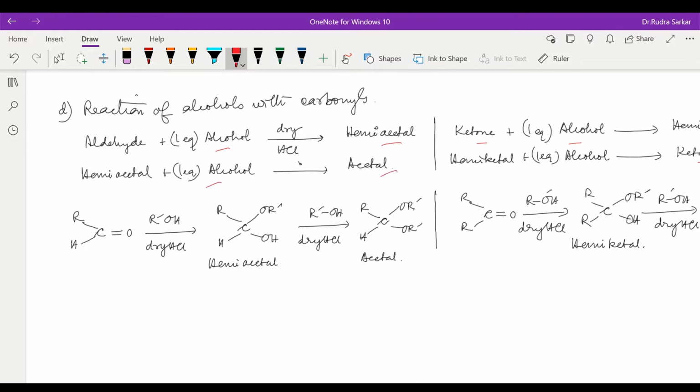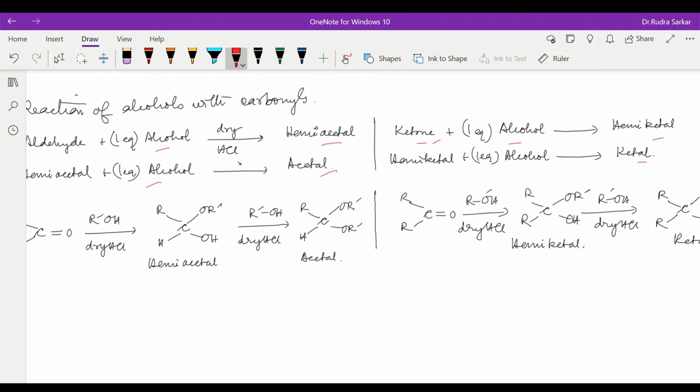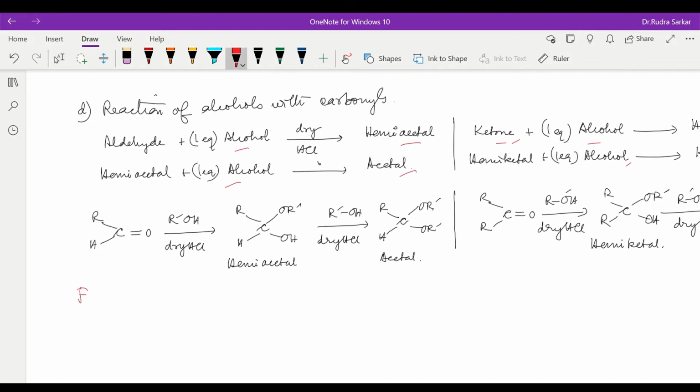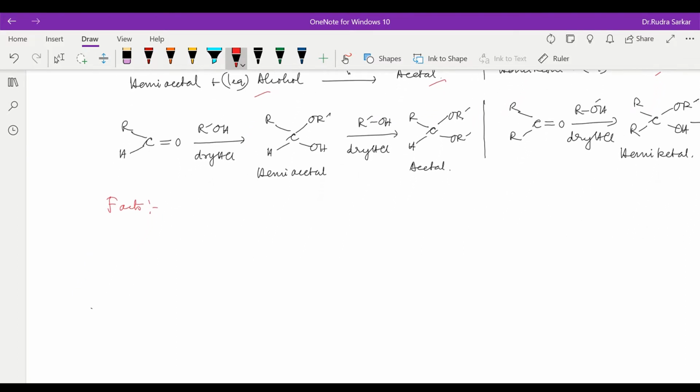Similarly, when ketone is reacting with an alcohol, then hemiketal is formed. But when ketone reacts with excess amount of alcohol, we will say ketal is formed. Now, certain facts about this reaction, which are very important as far as this reaction is concerned. The first point being that